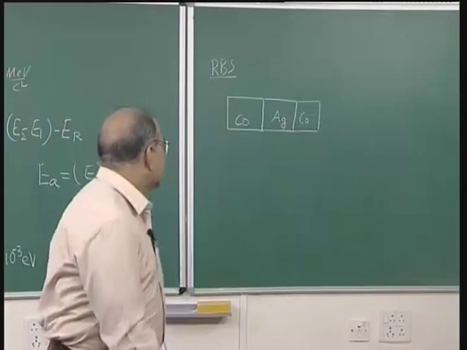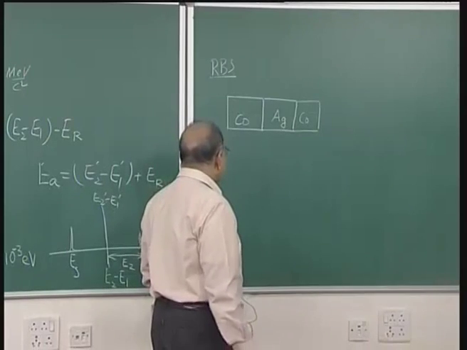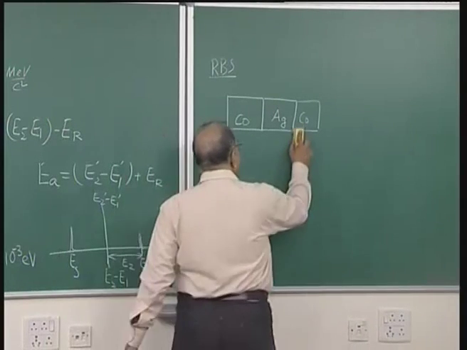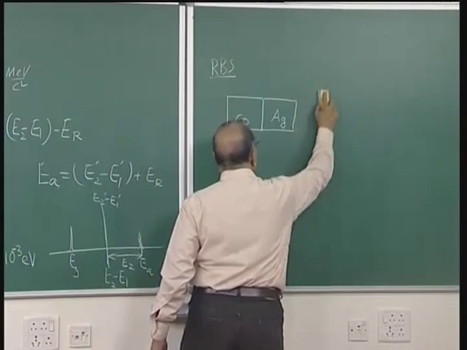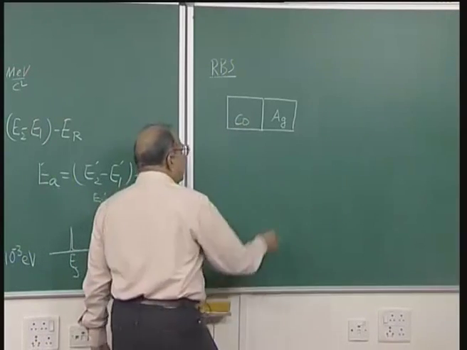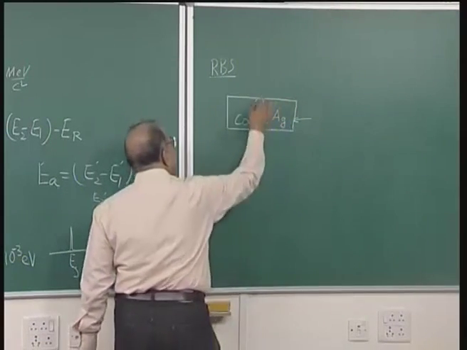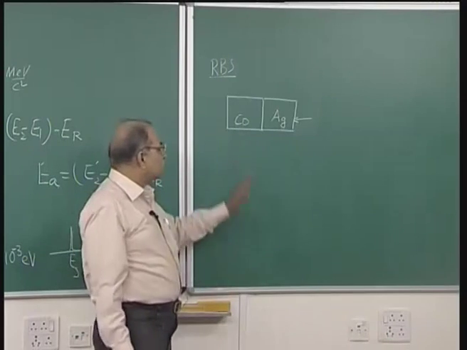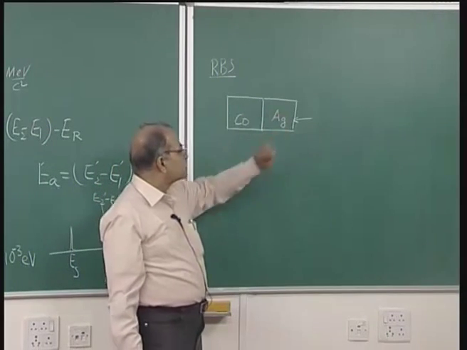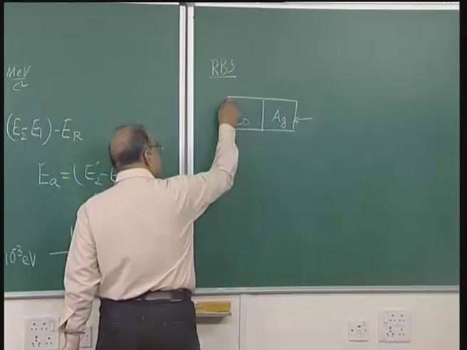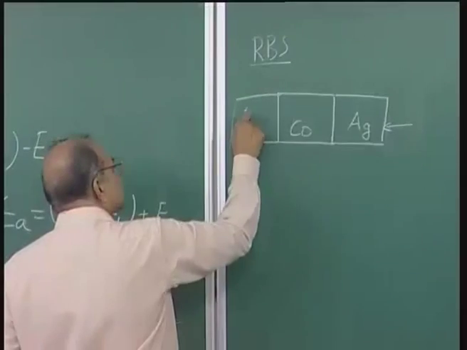So, suppose you have just a bilayer, say cobalt and silver, and we want to know how much is the thickness here. Suppose on cobalt we have deposited this, and this whole thing may be deposited on some other substrate,